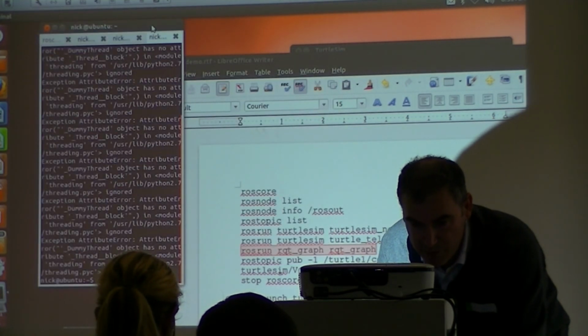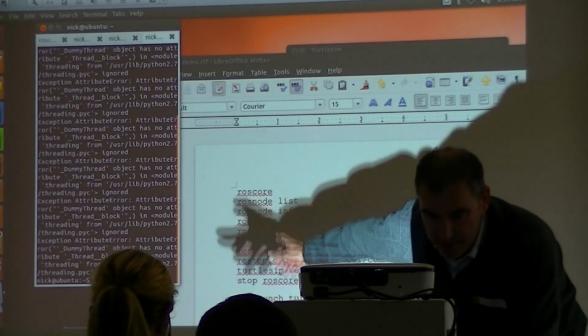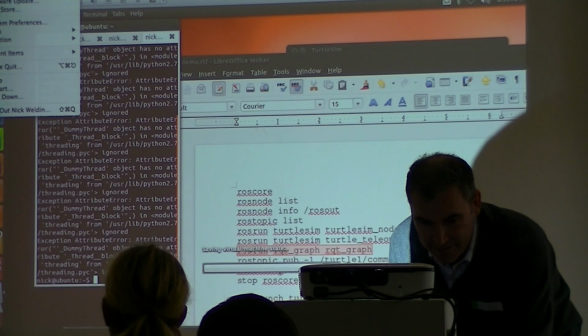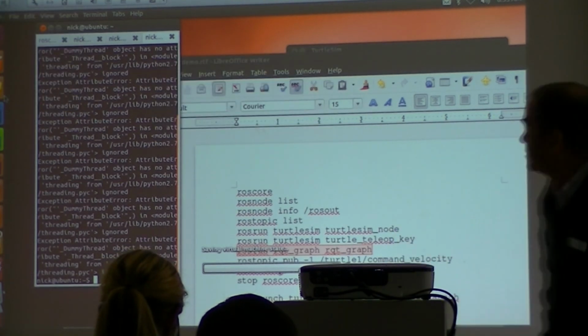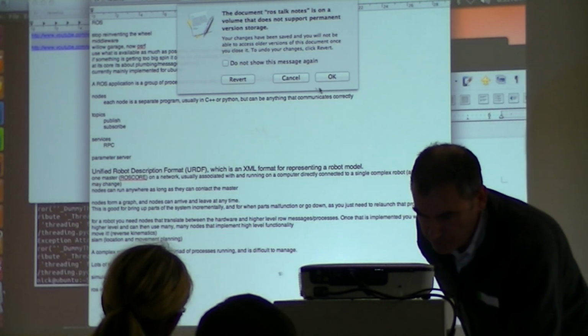So shall I get the robot to move around a little bit? Yeah. So you won't have anything to look at up there. So I have to shut it down, reboot it. But what we'll do is we'll do